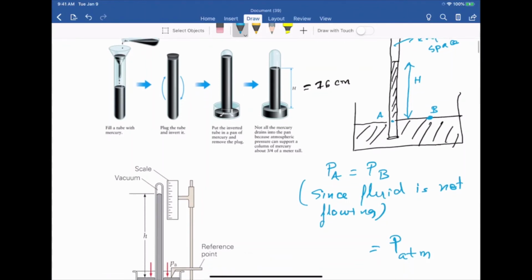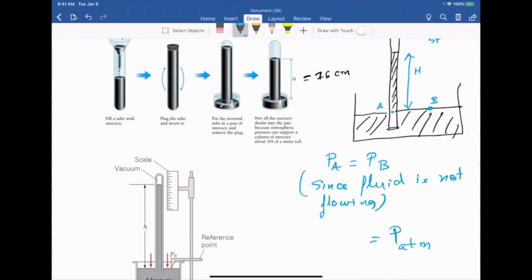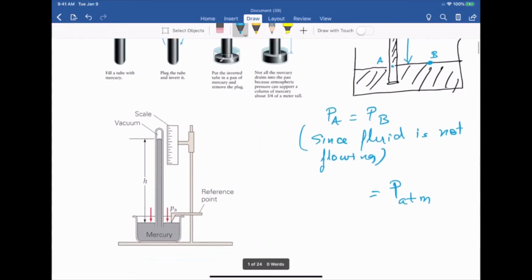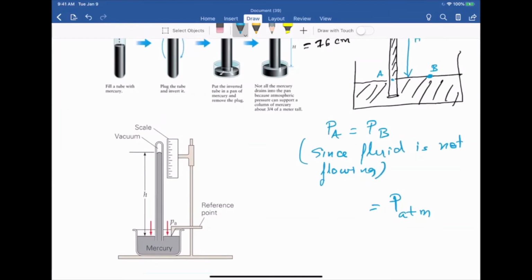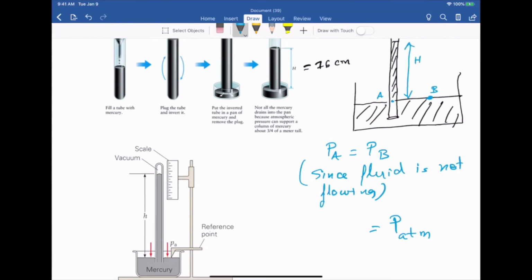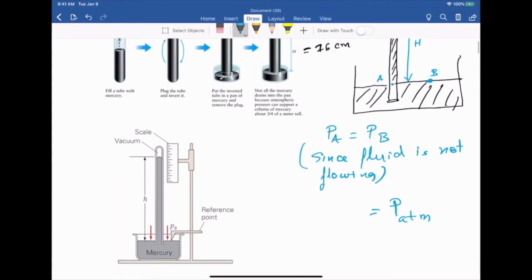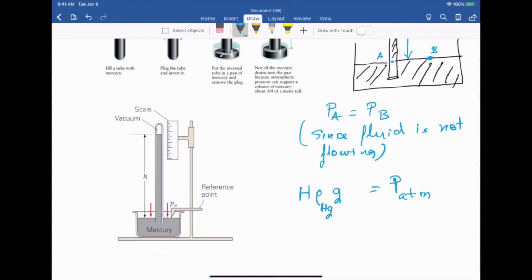We know how to calculate the pressure at a certain depth underneath the surface of a fluid. So that is going to be pressure at the top plus H rho g, the formula that we just derived. The pressure at the top of our mercury column is 0 because there is empty space above it, right? So it's just going to be H times rho mercury times g. So you get this equation